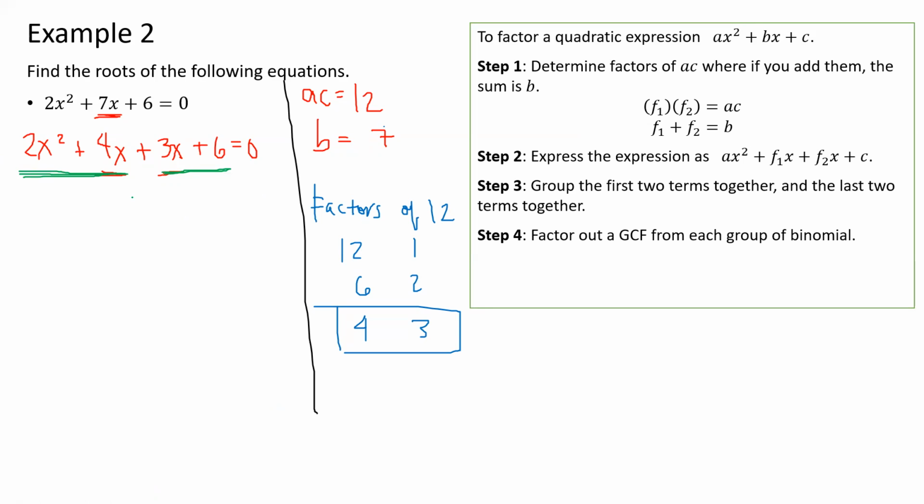Like the previous example, we will find the greatest common factor for each of these groups of binomials. For example here, 2x squared plus 4x, both of them have a common factor of 2x, right? So we can factor out 2x,